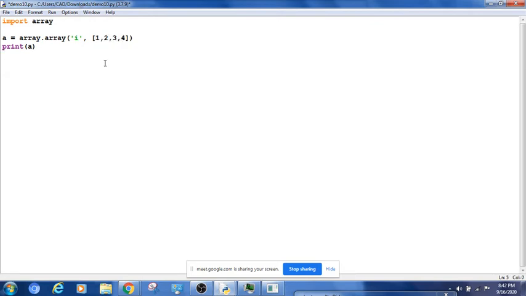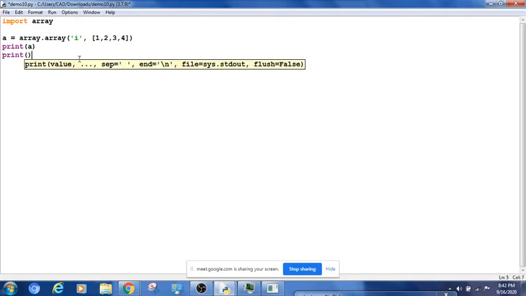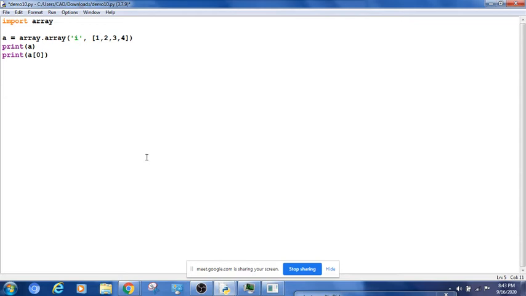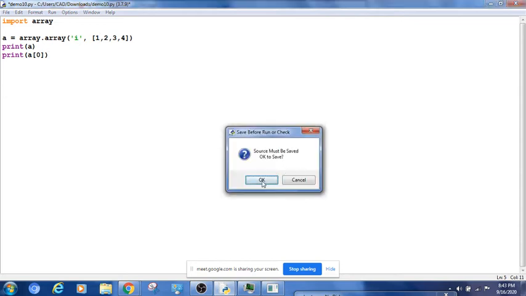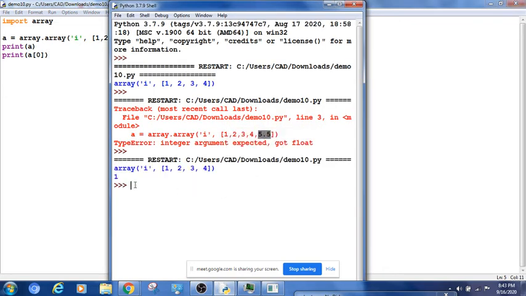Since it is indexed, you can access the element using an index. How do I do that? Print A of 0. What is the memory name? A. What is the index I want to access? 0. So what is A of 0? The first element, which is 1. So it should print 1. See, it is printing 1. Now the last element I want to print.